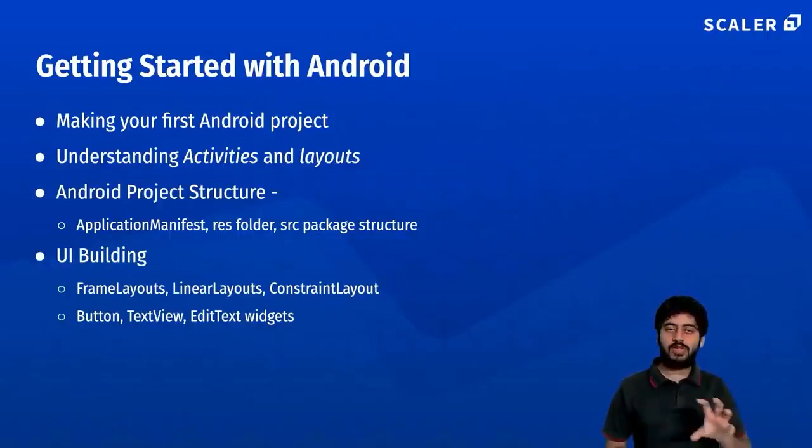So when you're working with layouts, it's kind of important to understand a couple of concepts like what's a frame layout, what's a linear layout, what's a constraint layout, understanding which kind of layout you should use in what kind of use case. Because, for example, something like constraint layout gives you unlimited freedom of designing a screen, but then obviously it's more complex to actually render compared to something like frame layout, which allows you much more limited options on placing things on the screen, but it's much simpler for Android UI to actually render it as well.